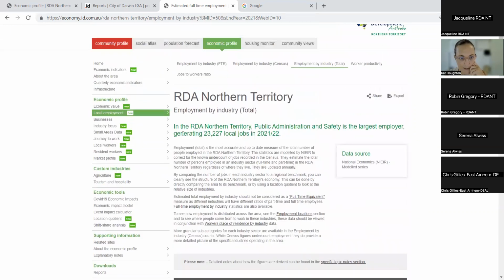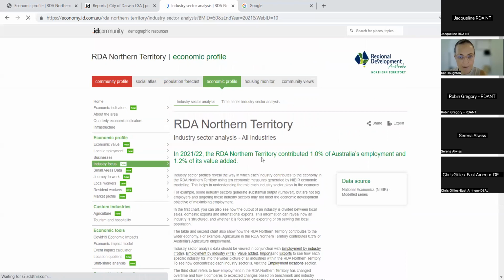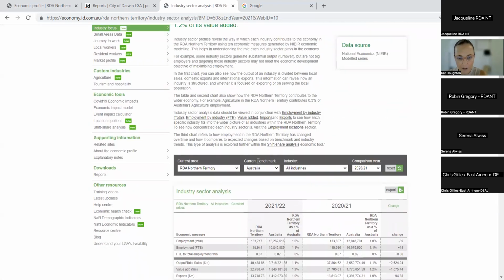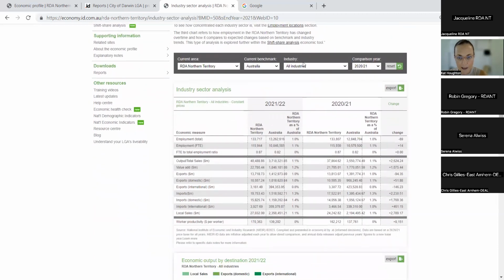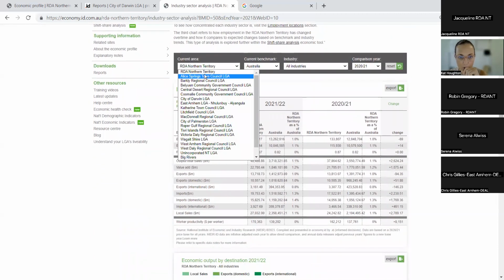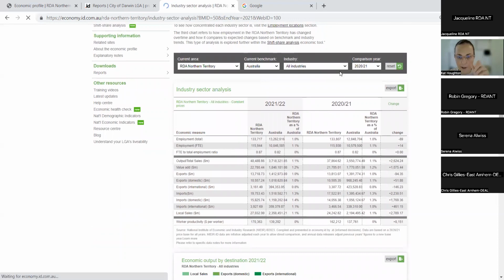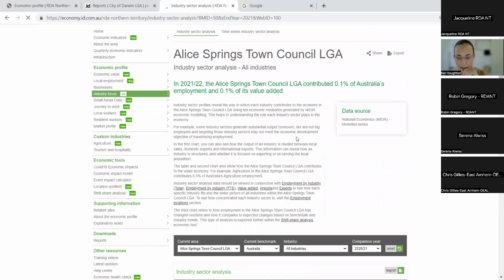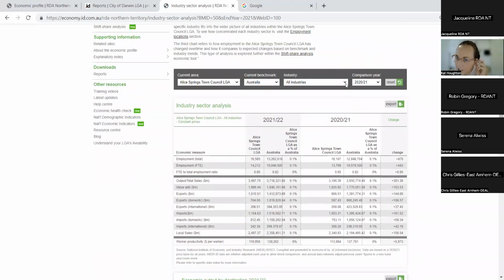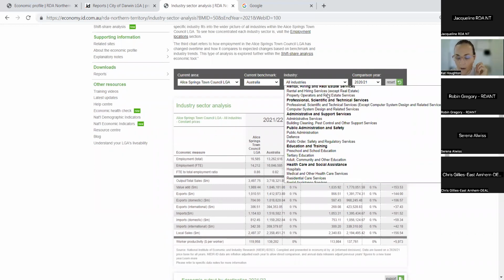Okay, that's really interesting. So that's your local employment. When we come on here, this is where we can start to drill a little bit deeper into some of our sectors. If you're looking at healthcare and social assistance in the Northern Territory, or you want to look at it for Alice Springs, for example, and I want to have a look particularly at our healthcare sector,